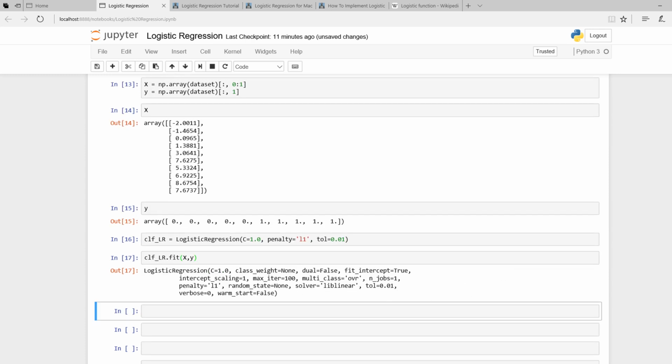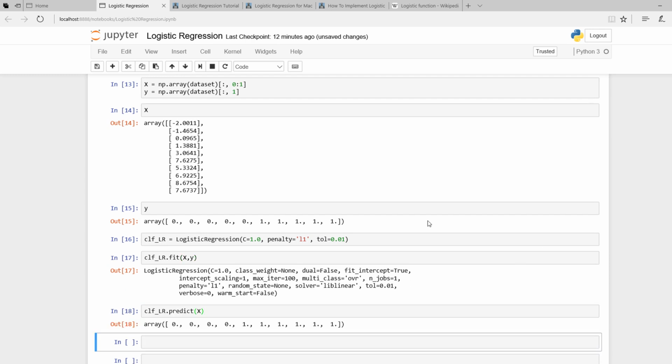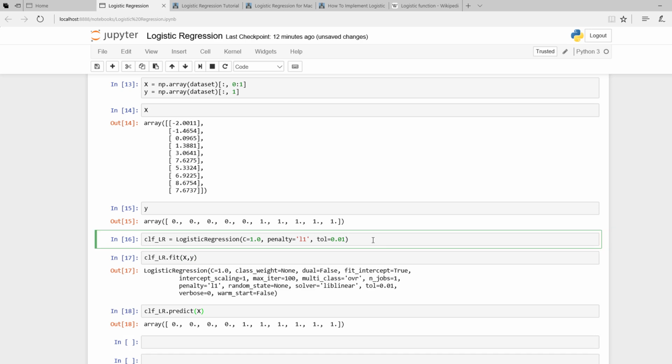It will give you some feedback. Again, don't worry about that. All that we have to do next is the prediction itself. So basically it's a 1, 2, 3 step process. You have the first one, which is the instantiation of the logistic regression, followed by the fitting,